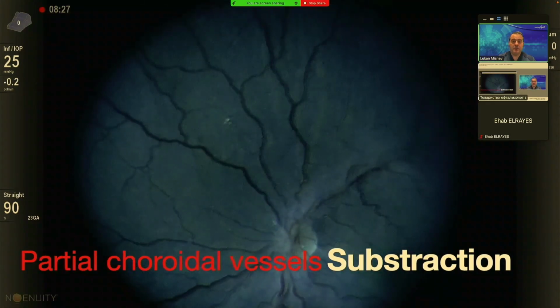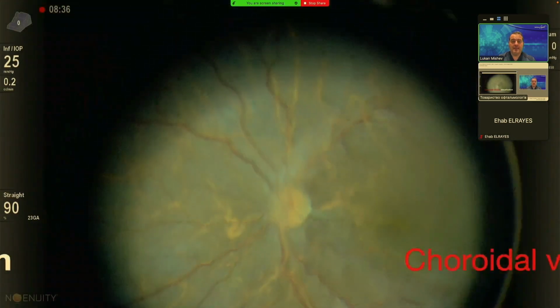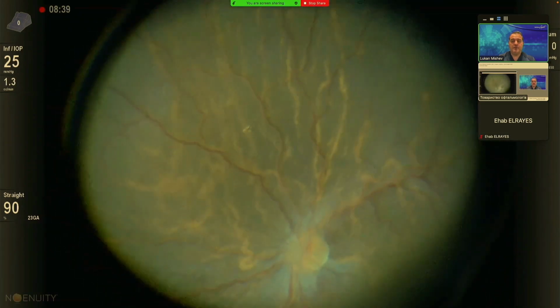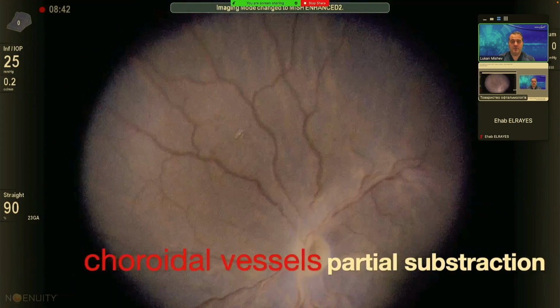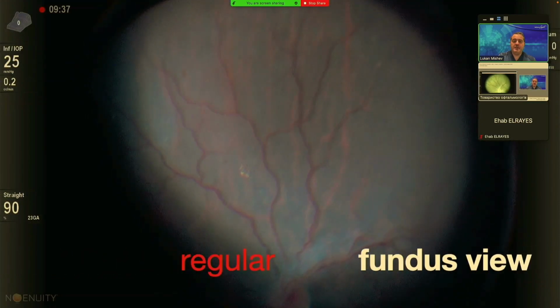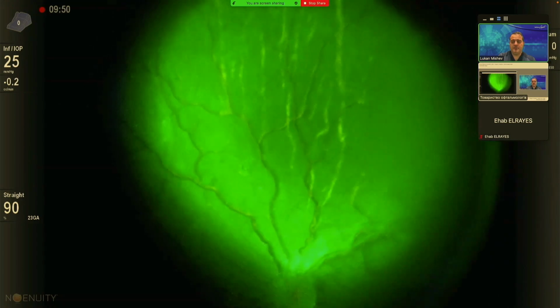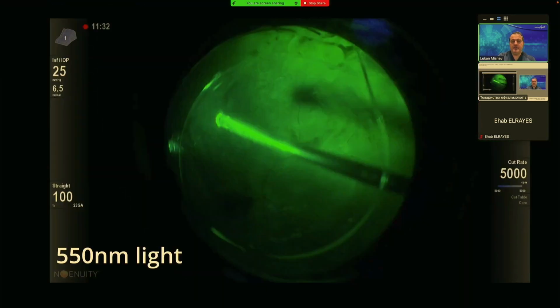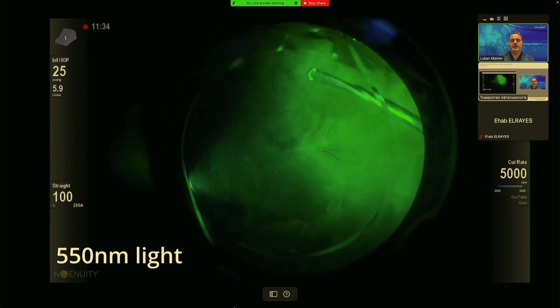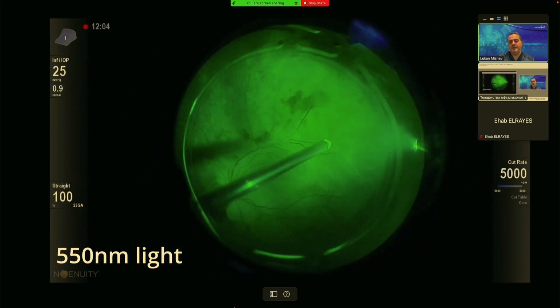And of course, playing with the digital image gives us the opportunity to enhance certain details from the overall composite image. So you saw the choroidal vessels here, and it's a matter of imagination what you can actually do with the digital filtering. This is another example on a highly complicated diabetic case. I'm using 550 nanometer light to highlight the vitreous. You can see it quite well,